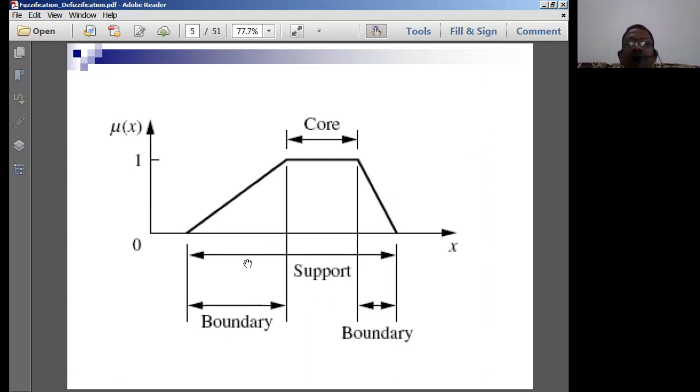Okay. And support is going to be what now? It is greater than or equal to 0. So it means the values of a fuzzy relation coming along with the membership function whose values are greater than 0, that is mu of x greater than 0, is going to be called a support feature. So these three features are very, very important as far as features of membership functions are concerned.